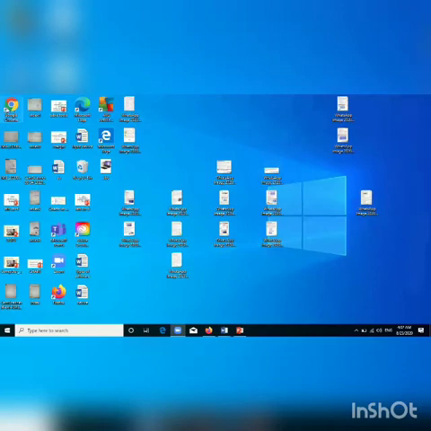You can see here, now I am opening a web browser. There are some browsers like Google Chrome, Microsoft Edge, Firefox, Internet Explorer. I can open any web browser. This is my web browser, so I am opening this one. Now the web browser will open.